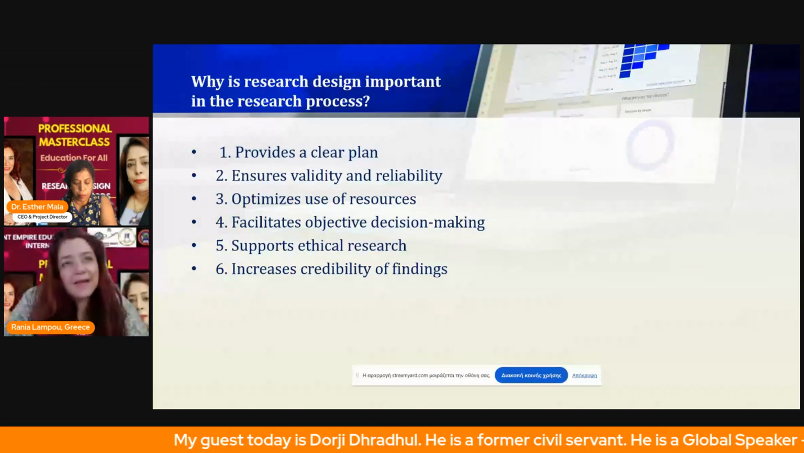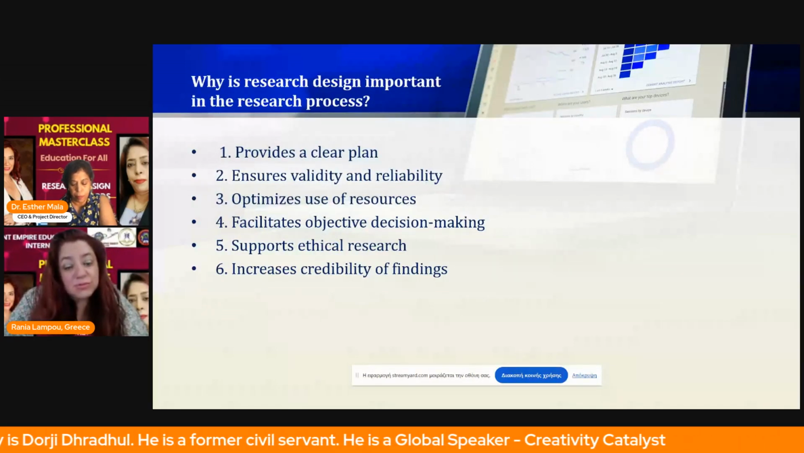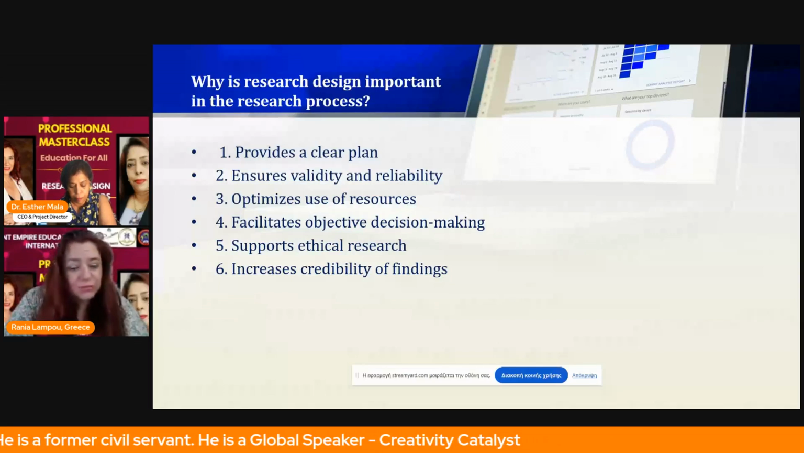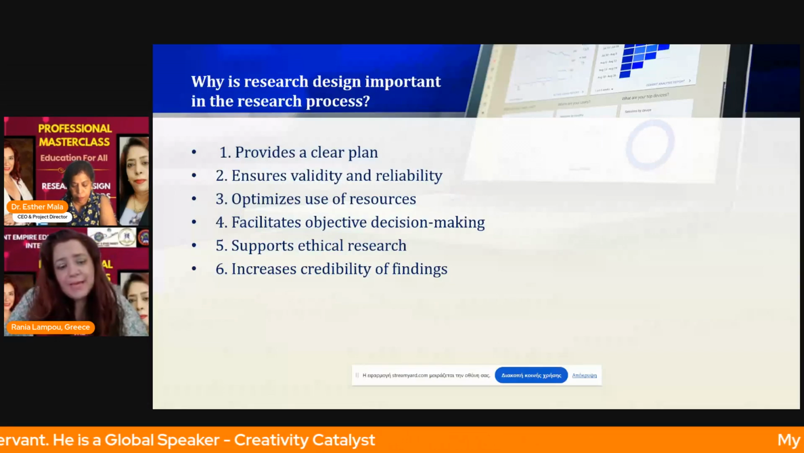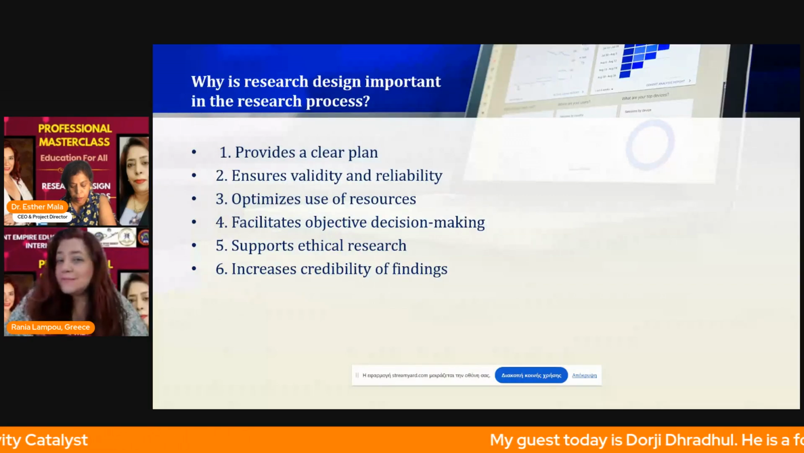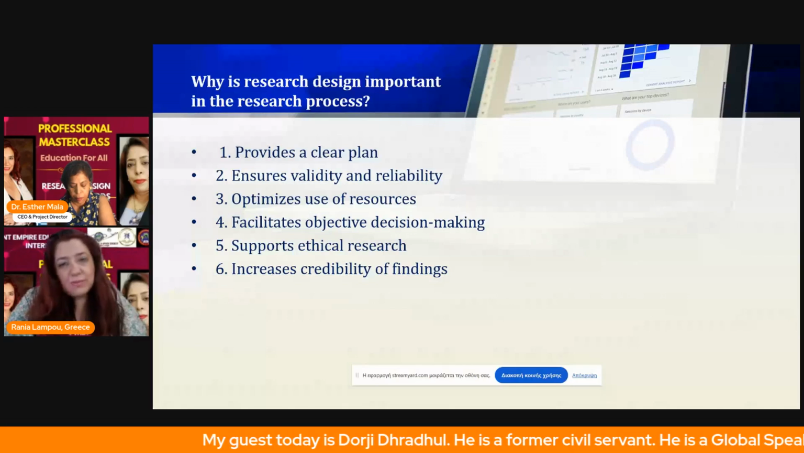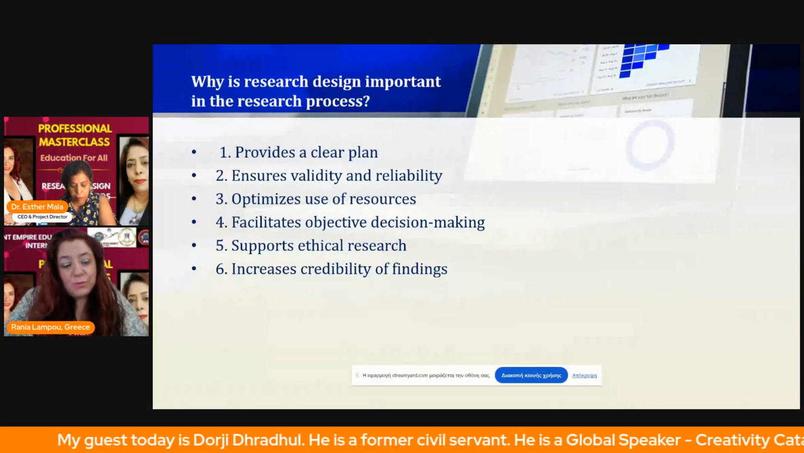Because it guides the researcher in systematically addressing the research question. It ensures logical flow and structure to the study, so it provides a clear plan. Second, a good design helps produce accurate, meaning valid, and consistent, meaning reliable results, so it minimizes bias and error, ensures